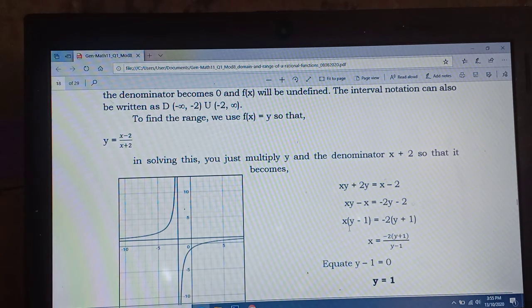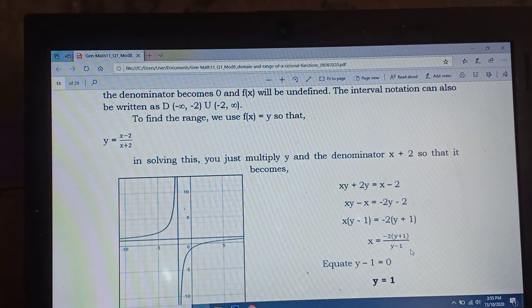And after that, since we are solving for x, we can solve for x here. That is x is equal to, we divide by y minus 1, so we have x is equal to negative 2 times the quantity y plus 1 all over y minus 1. Next, we have the value y minus 1 in the denominator. So what makes it